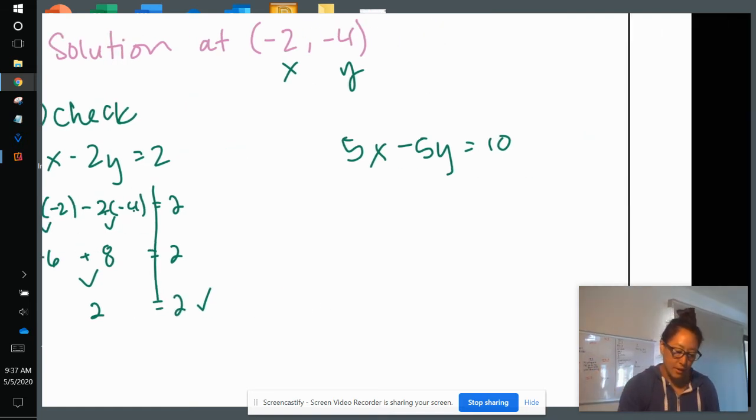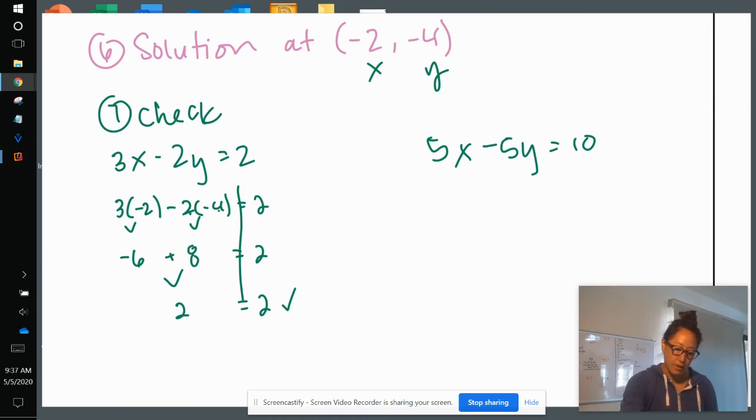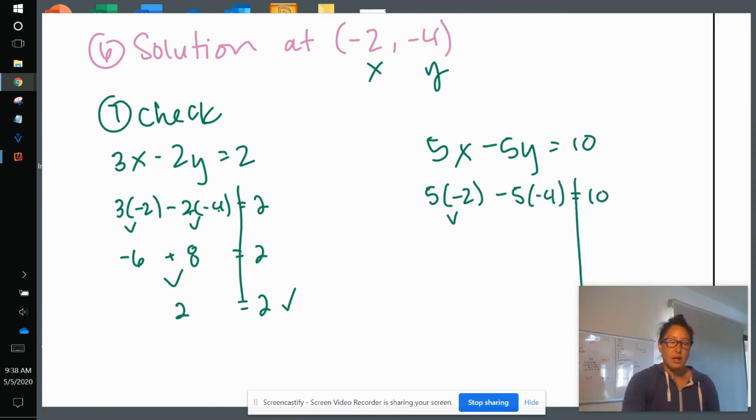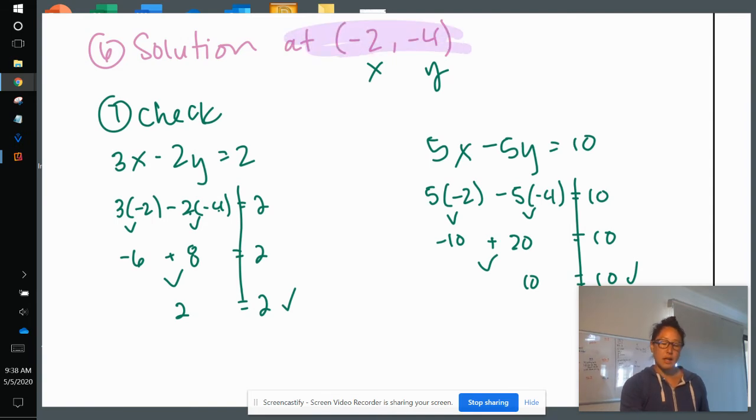We verify. All right, but now we have to verify the other equation. So 5 times negative 2 minus 5 times negative 4 is equal to 10. All right, again, let's verify. 5 times negative 2 is negative 10. 5 times negative 4 is positive 20, is equal to 10. Okay, bring down my 10 on my right side. On the left side, negative 10 plus 20 gives me positive 10. Again, verified. So I can go back and say negative 2 comma negative 4 is the solution to my